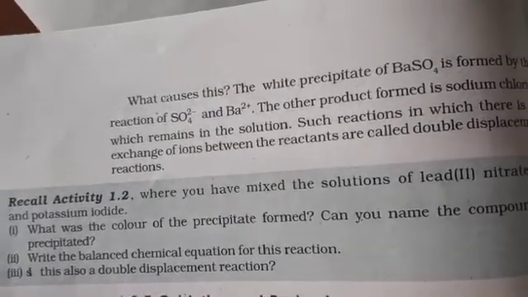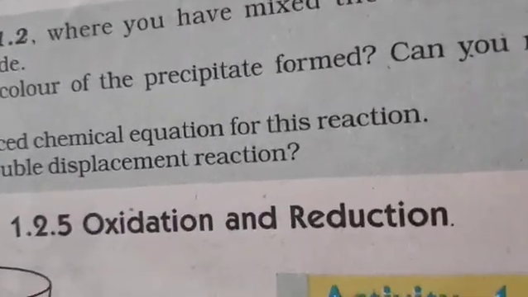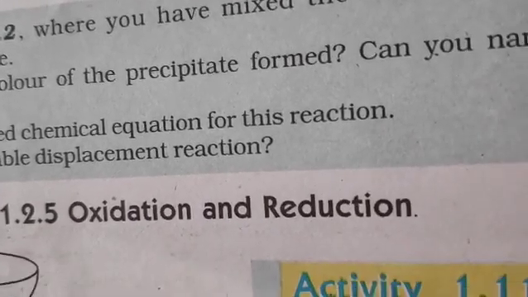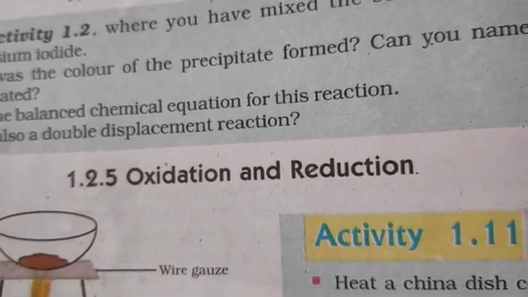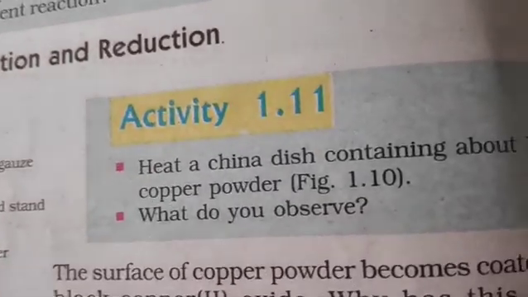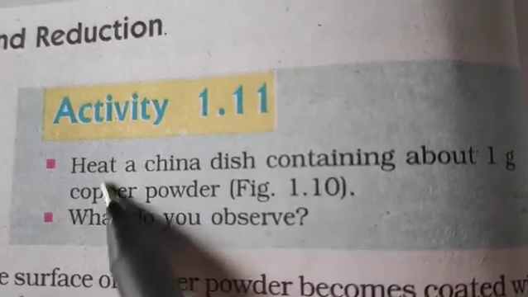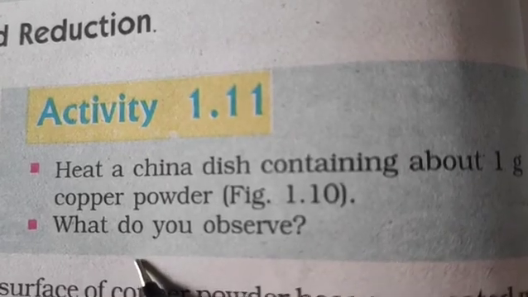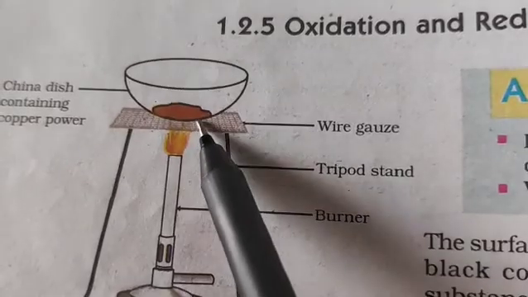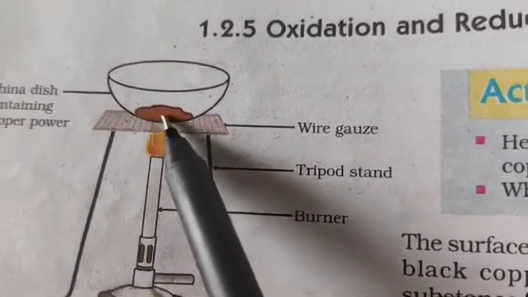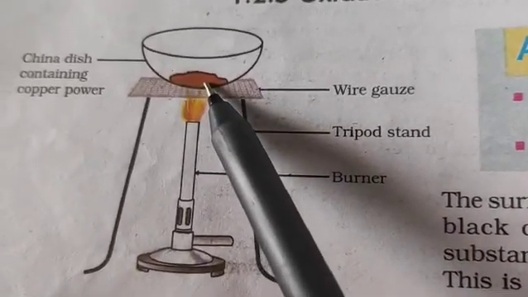The last type of reaction which you have in your syllabus is oxidation reduction. A very, very important reaction. All the reactions are important, but this is also an equally important reaction. Let us take up an activity over here. You are supposed to take copper powder in a dish and then heat it and observe. So copper powder would actually be reddish brown in color, isn't it? Because copper is a reddish colored metal.